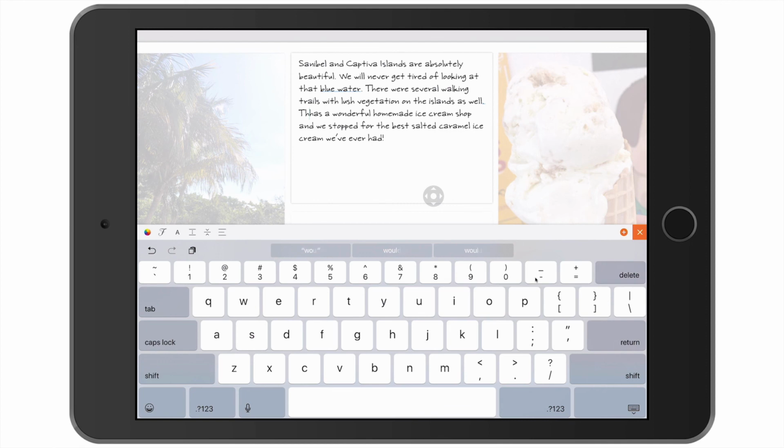So sometimes Siri doesn't hear very well, or you need to really speak clearly to her to get the text just right. But it's extremely helpful when you're trying to get a lot of text done in a short period of time. I do like to use the talk text. So the island has a wonderful homemade ice cream shop, and we stopped for the best salted ice cream we've